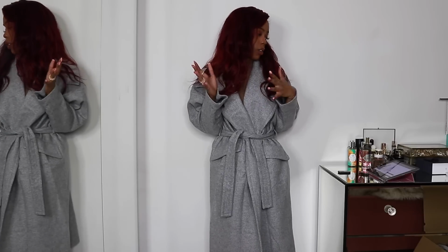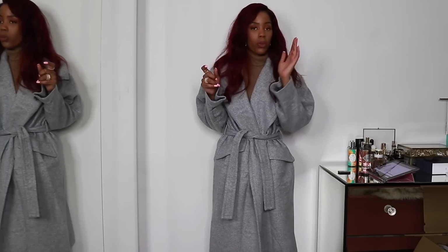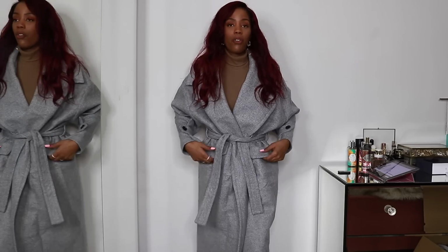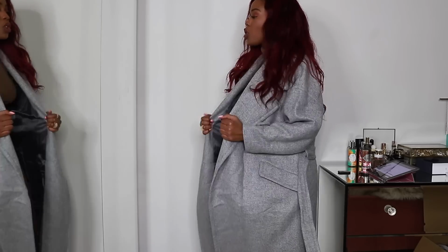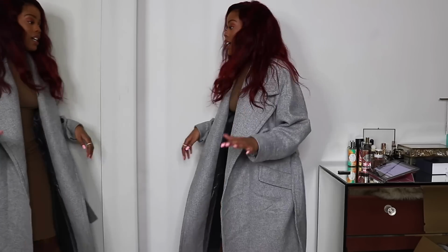$169.99, and this is also Mango Selected, which is a different type of range. I don't think I've ever personally shopped on Mango Selected. This sizing is extra small to small, or medium to large, and I'm wearing the extra small to small. As you can see, it's definitely got a really oversized feel to it. Now I don't know, and again I really apologize that I haven't had an opportunity to steam it, but I